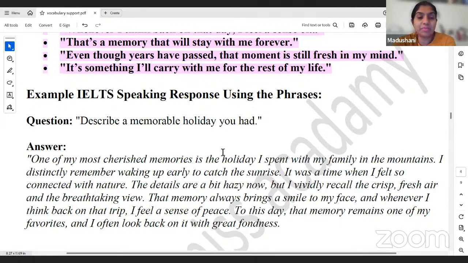I distinctly remember waking up early to catch the sunrise. It was a time when I felt so connected with nature. The details are a bit hazy now, but I vividly recall the crisp, fresh air and the breathtaking view. The memory always brings a smile to my face, and whenever I think back on that trip, I feel a sense of peace. To this day, that memory remains one of my favorites, and I often look back on it with great fondness. Now it's your chance to read the whole answer